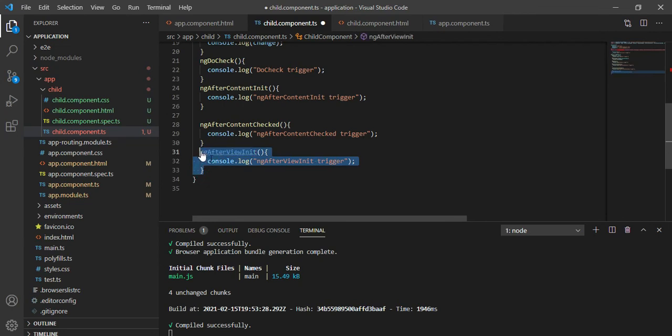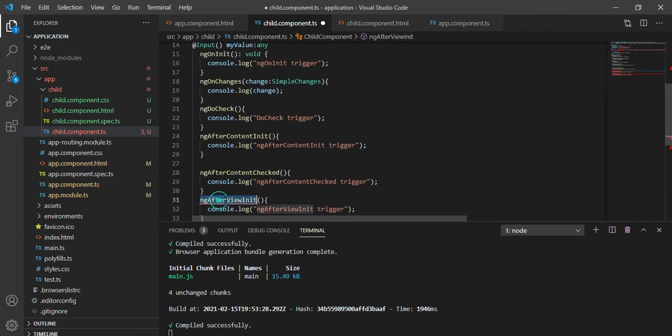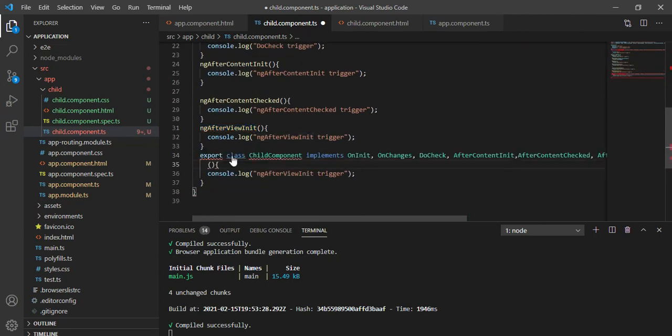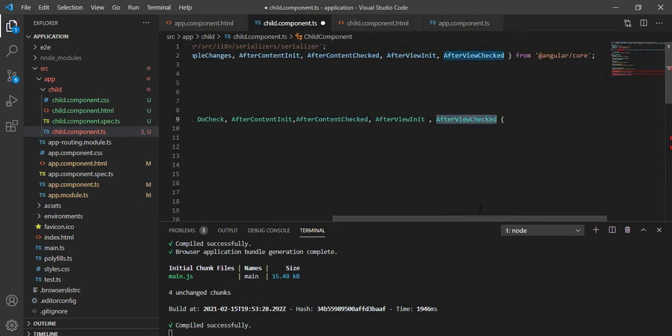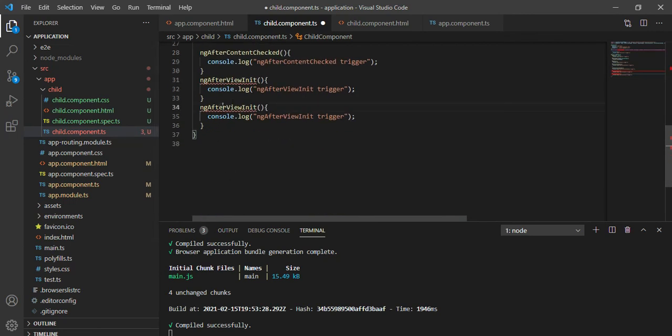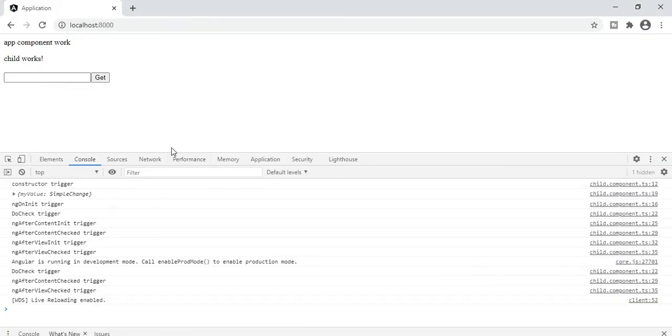Copy and paste, copy your latest event, Control Z, copy the name only, scroll down, just add the ng after view checked. This will trigger when all the changes have happened and the child component is loaded, then this particular event will trigger.